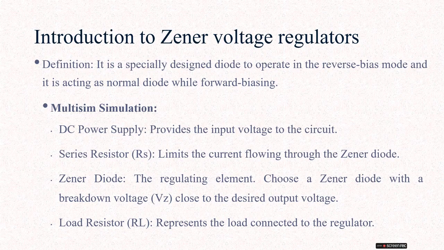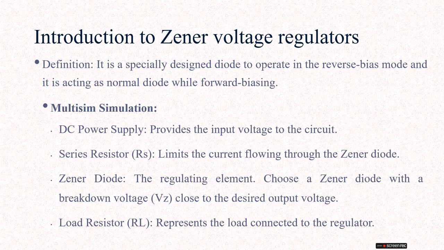First, the Zener diode is understood to be a special type of diode. It is similar to the PN junction diode, but specially designed to operate in the reverse bias mode, and it acts as a normal diode in forward bias. Both the normal PN junction diode and the Zener diode operate the same in forward bias condition, but especially in reverse bias conditions, the Zener diode regulates the voltage levels, because in a normal PN junction diode,